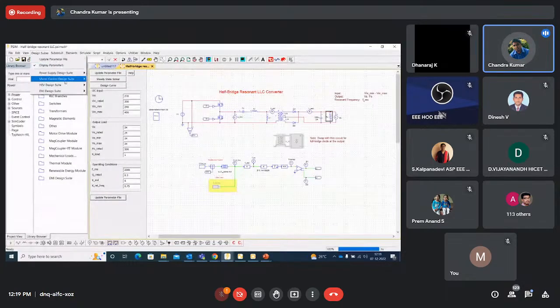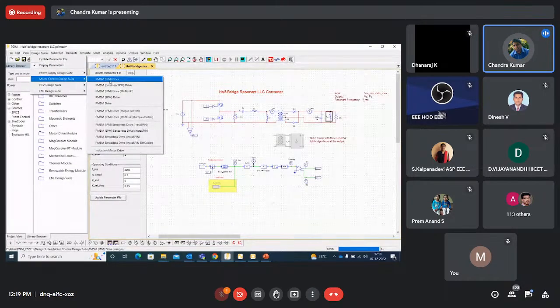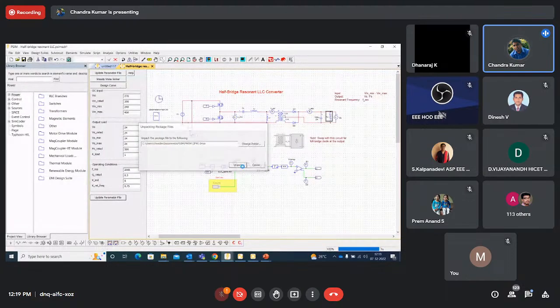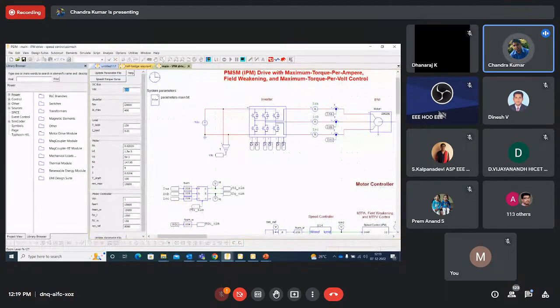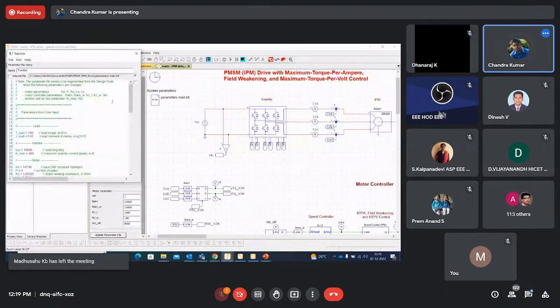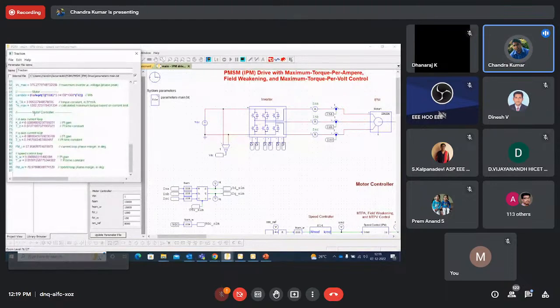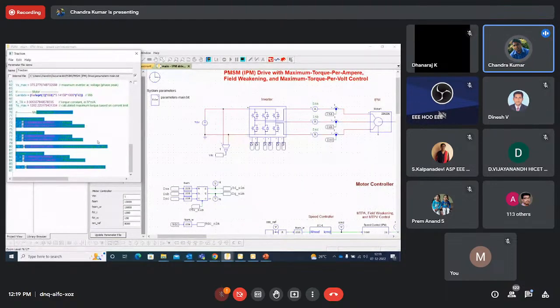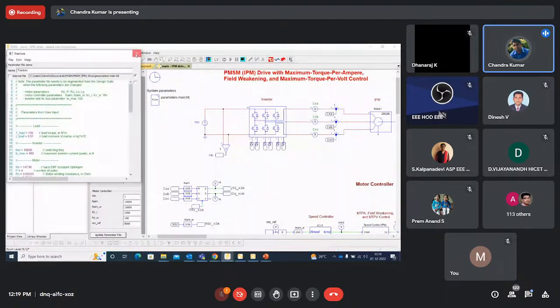Same thing, I want to do a motor control design suite. Just click, I want to design an interior permanent magnet PMSM drive. How quick you can design here? You give my input voltage, switching frequency, 400 volts, and then what is my load torque, and moment of inertia, and all the motor parameters here, poles and everything, and the motor controllers. Update files, you get all the motor parameters updated with all the motor control, like what should be my PI gain, time constants. Instead of you manually doing it, the tool automatically does this.